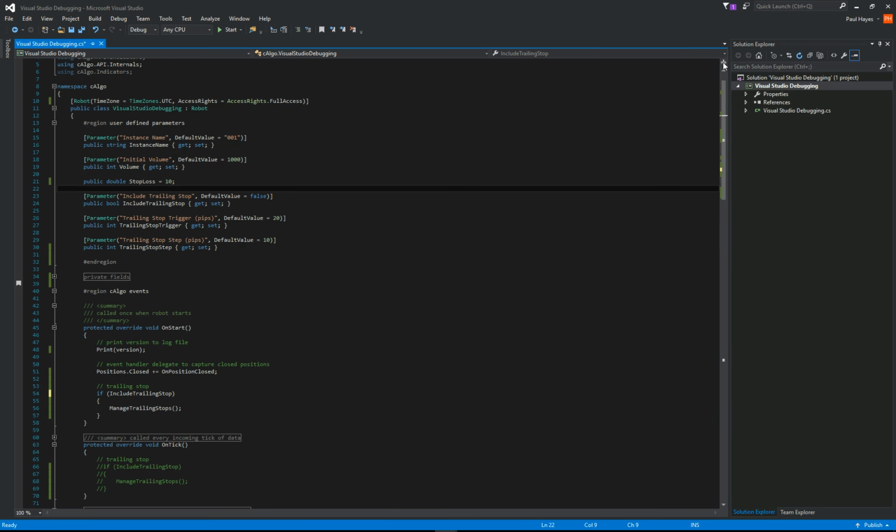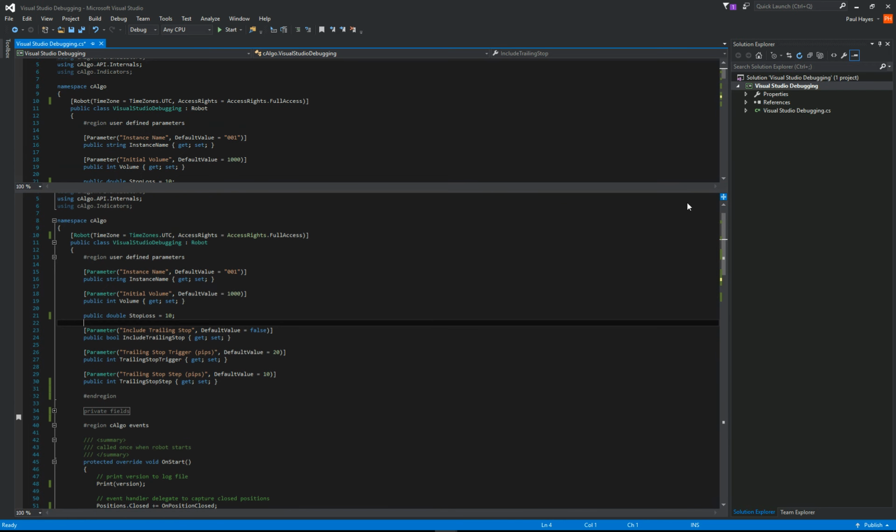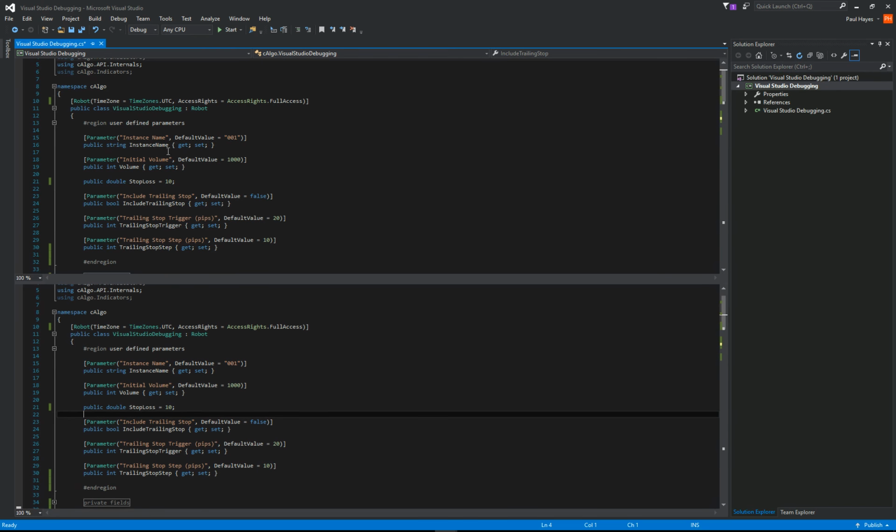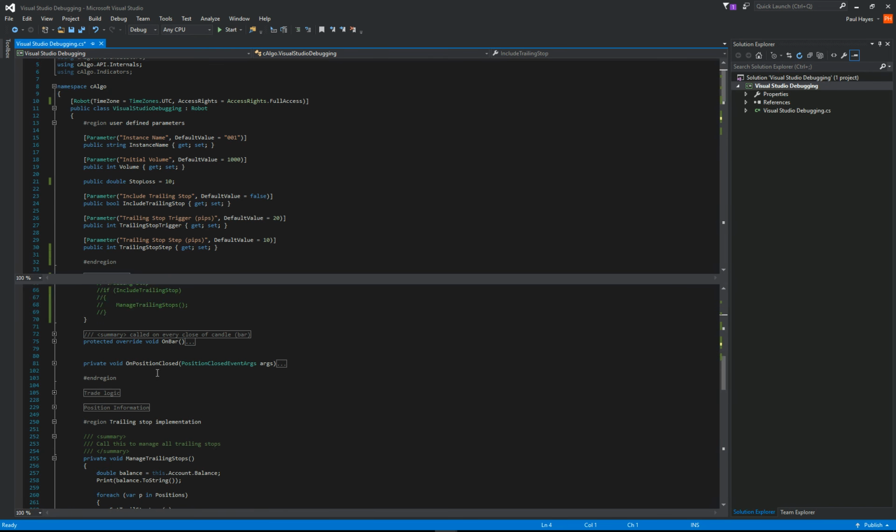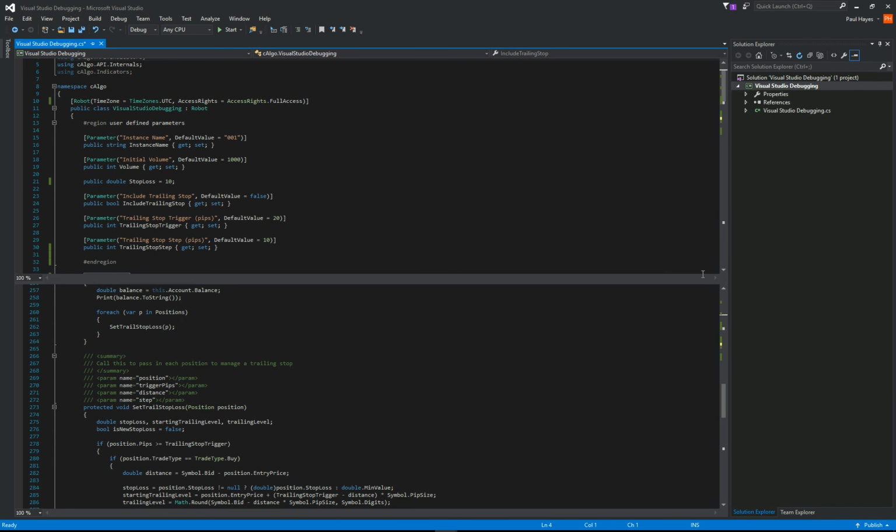And the other thing you can do is you can drag this window down, so you can look at the variables up there while you're working on something else down here. There's so many things to learn, but I'm just showing you the basics of debugging for today,